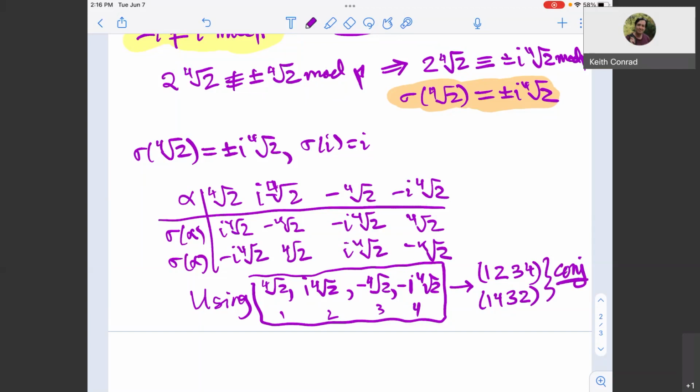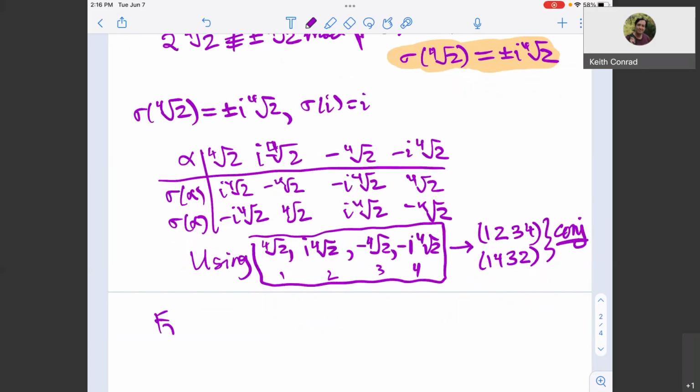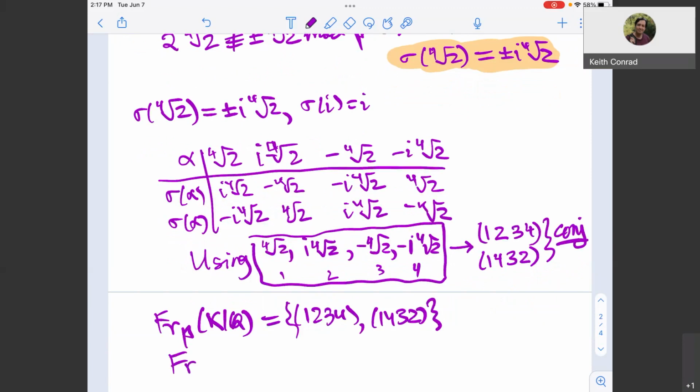So we don't care. I never even knew what the prime ideal was. I just knew it divided 5. And we wound up with one possible conjugate class, and it has to work. And so therefore, we've determined that the Frobenius conjugacy class, this one is, well, I'm going to write it as 1, 2, 3, 4, and 1, 4, 3, 2 with that notation for the 4th roots of 2. Or we could say,